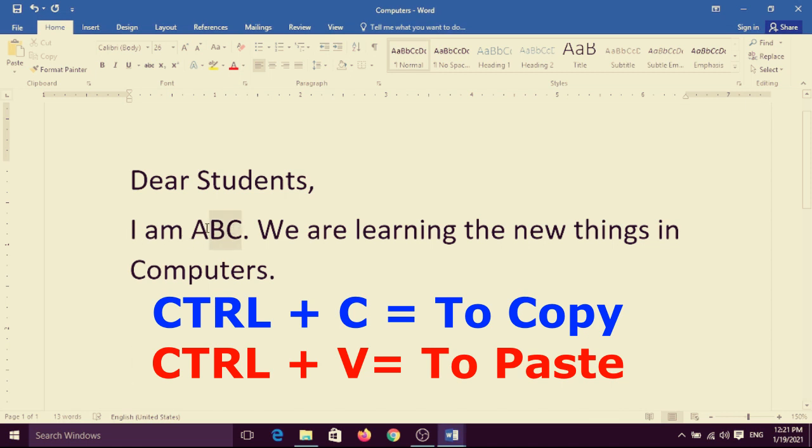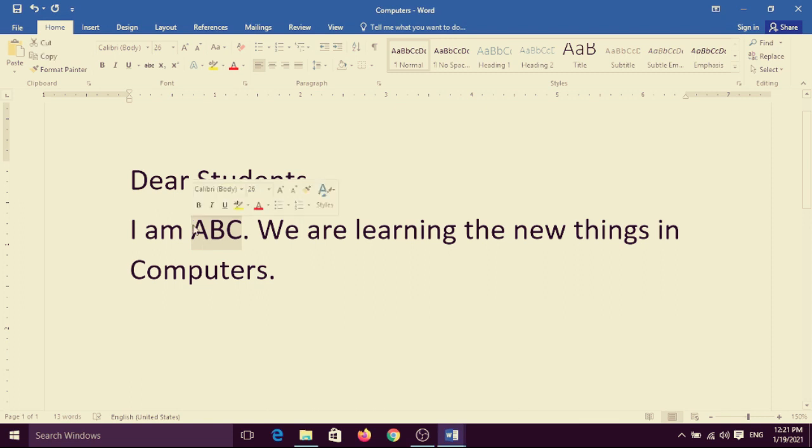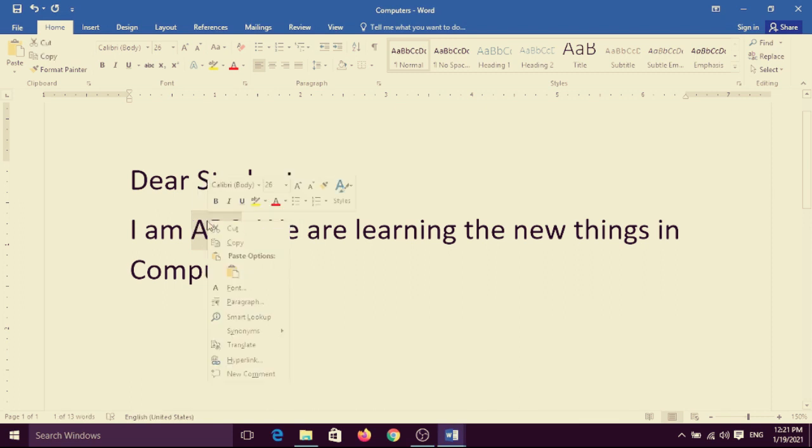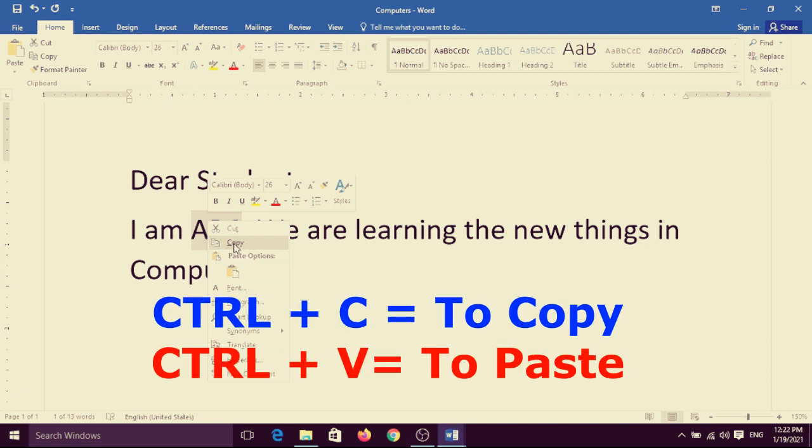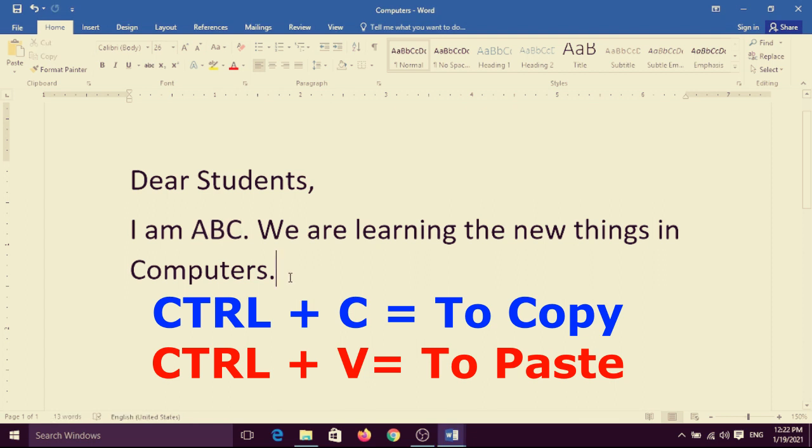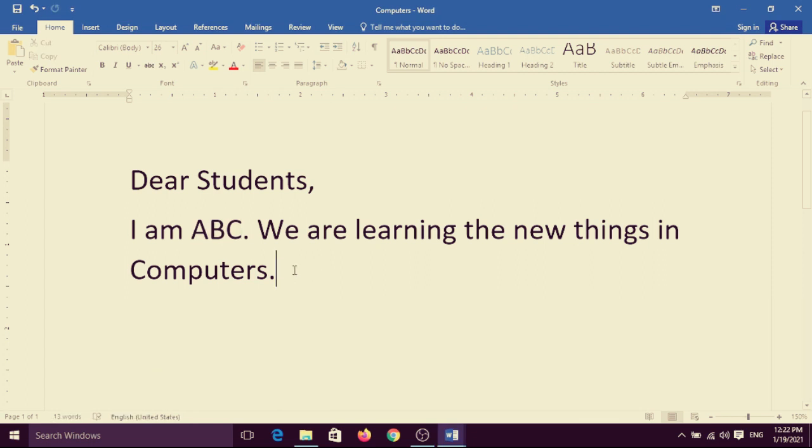I want to choose this ABC and right click, an option will appear, and choose the copy option. Suppose I want to paste here, right click once again where you want to paste and click on this, it will be pasted.